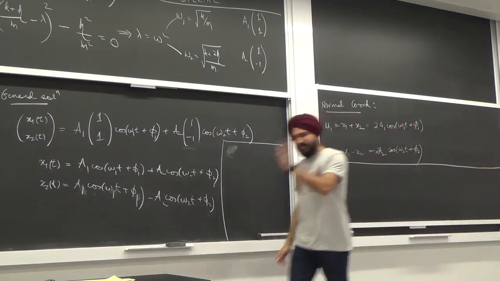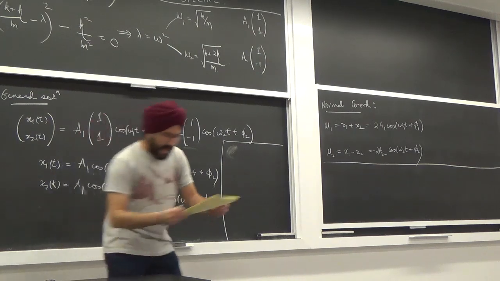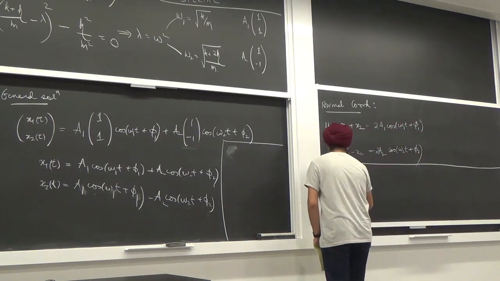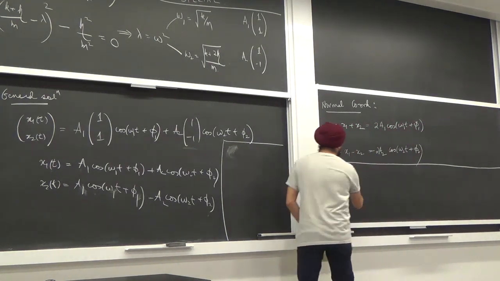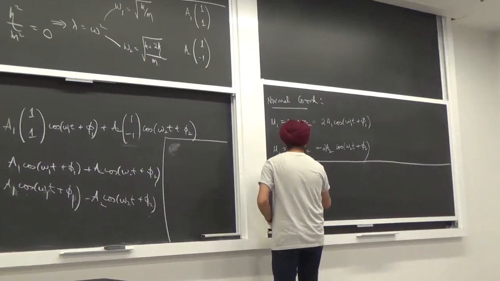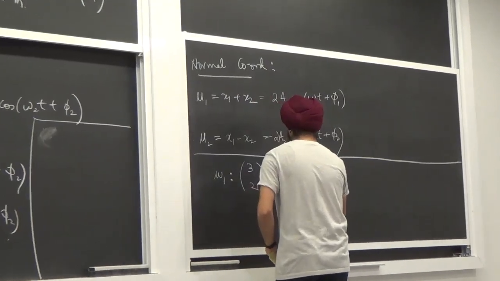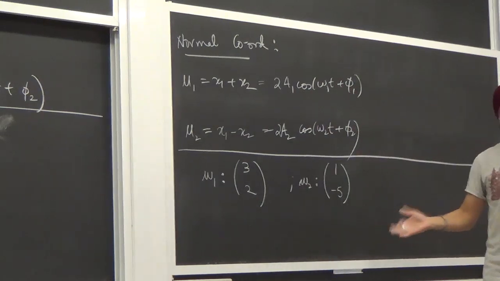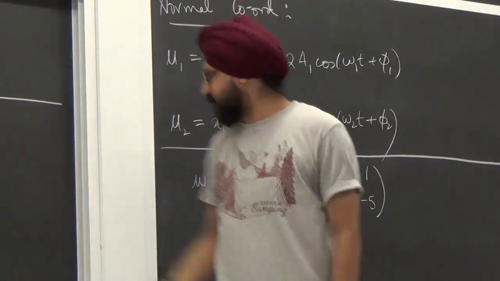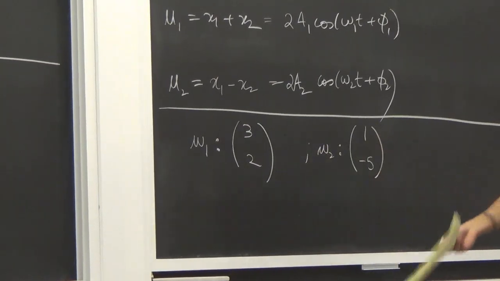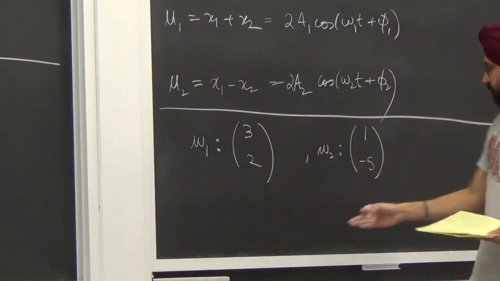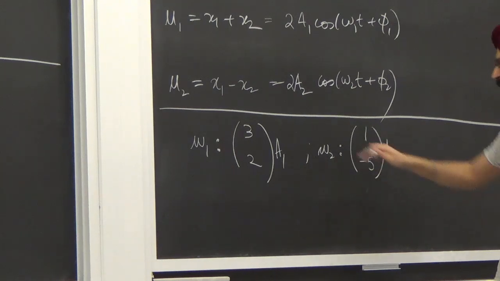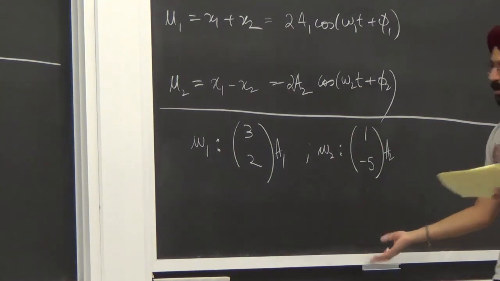Let's say that I did this whole bunch of stuff for again 2 particles, and I found my eigenvectors to be the following. I found that the frequency omega 1, whatever it was, some number, had the eigenvector proportional to 3, 2, and the second one, omega 2, was proportional to 1 and minus 5. I could have found a matrix M for which eigenvalues were two numbers omega 1, omega 2, for which the eigenvectors look like 3, 2, and 1, minus 5. Of course, there will be some number out front, overall constant, A1, A2, but not the point. The point is that they are what they are.